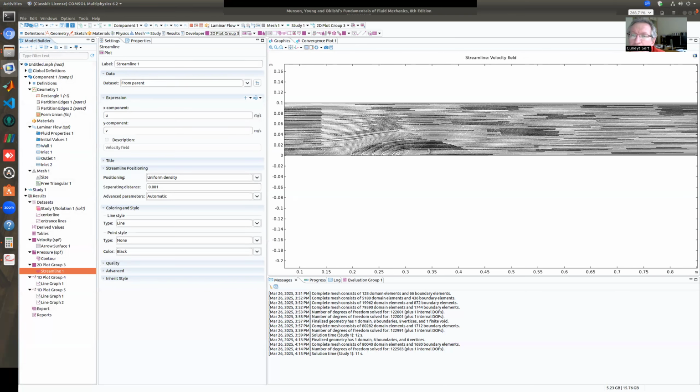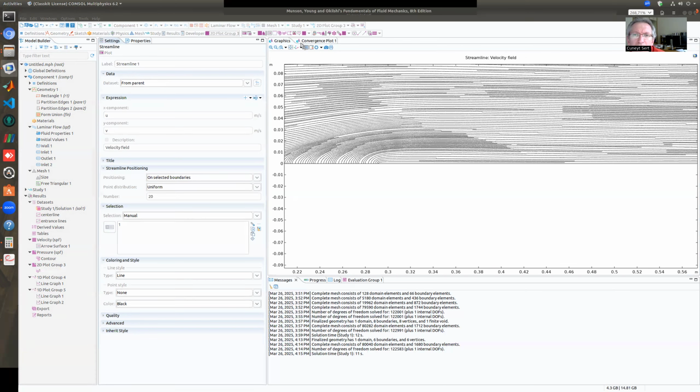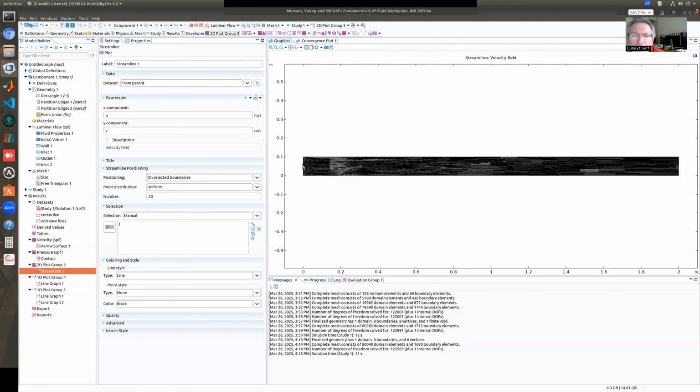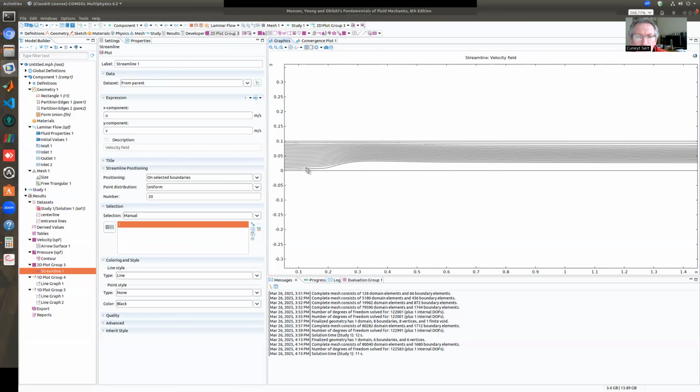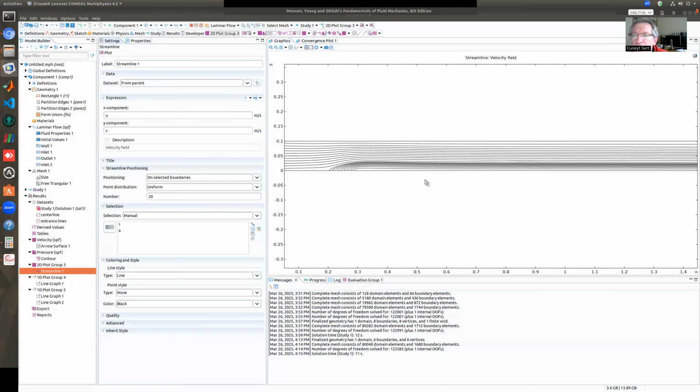Oh my God. This is like fine art, right? Lots of things. The first thing I will just reduce this. First thing is I will just go back to unselected boundaries and I will just say, come on, don't do that. Oh yeah, this is much better. I will also do this. I will enable this and I will say also release from here 1 and 4 and then plot. Yep, this kind of a flow.